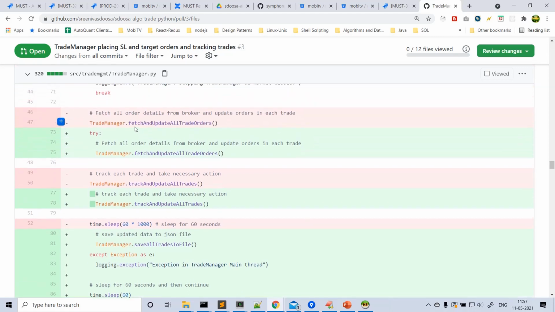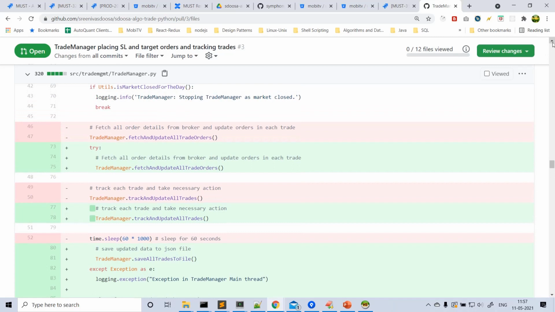First, you place some trades. The strategy gave you some trades, and on each new tick we asked the strategy, by giving it a trade, whether it should place the trade or not. When the strategy says yes, the trade manager places the trade. Now we have an entry order. After the entry order, we need to keep tracking the complete trade.